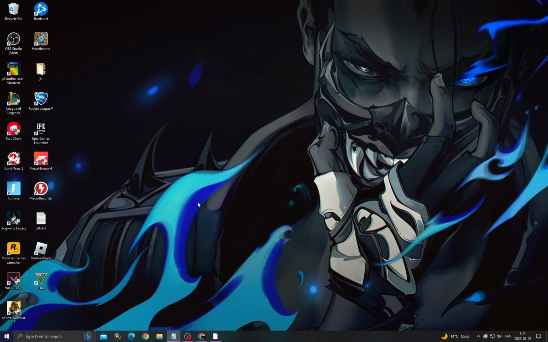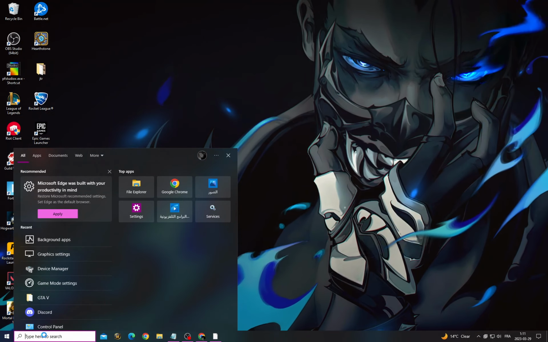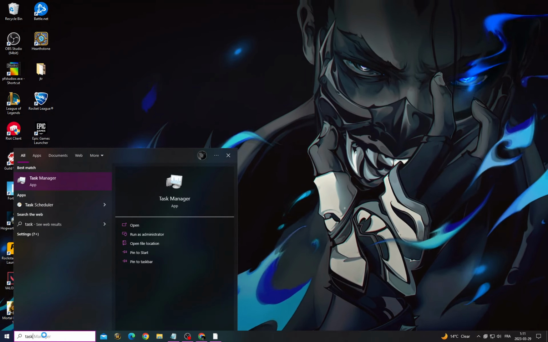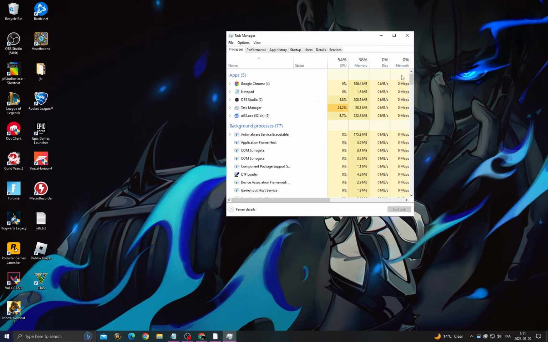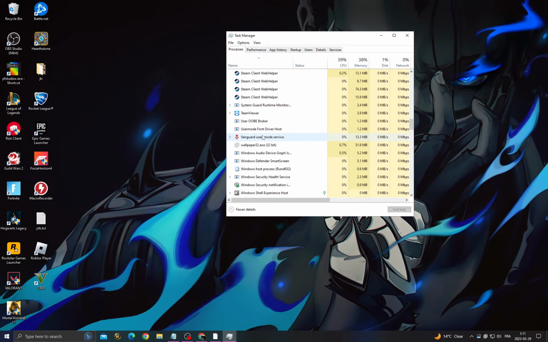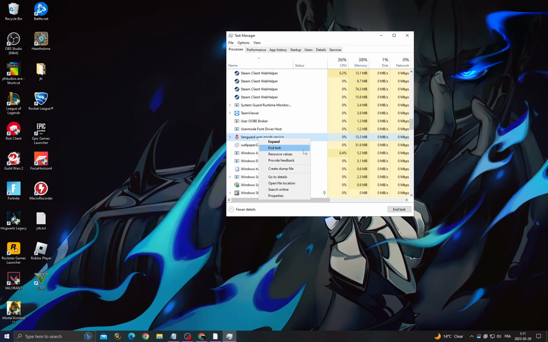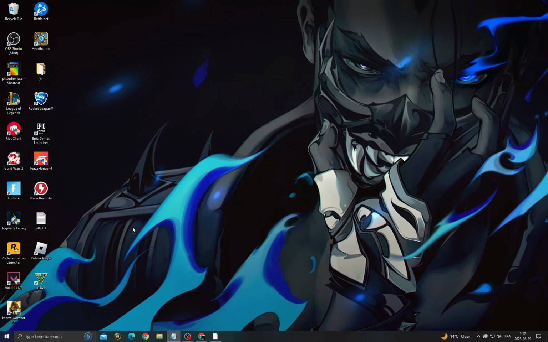If you want to fix this problem, all you have to do, click here, type task manager, and now scroll down until you find here Vanguard. Scroll until you find it and then end it, and if you can't find it, then just close the